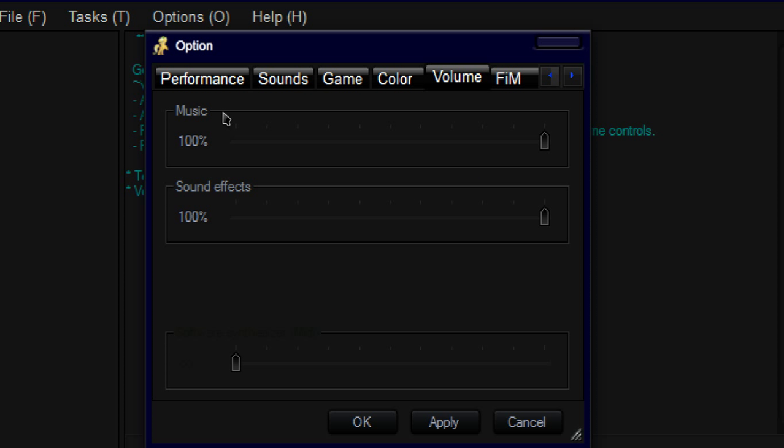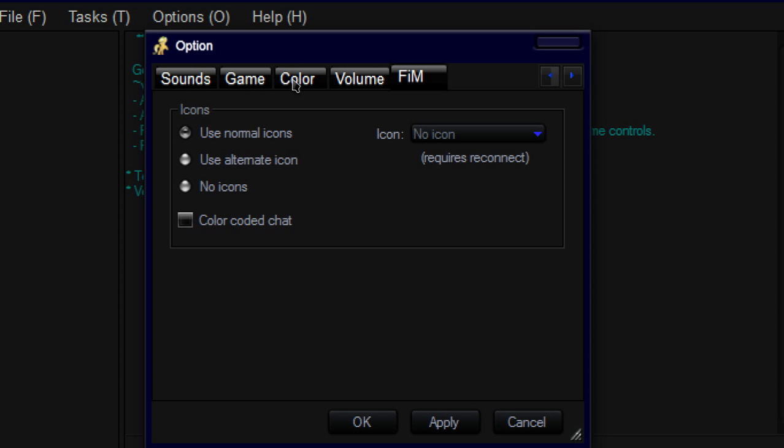Volume. Well, this is a big one. Yeah, you can change the volume of the stuff in the game. How freaking amazing is that? Am I right? It's kind of obvious, and it's one of those, well, duh menus. So, obvious. Now, icons. This one is kind of interesting. I'm not sure what the other options do, and it might just need debugging, but I'm not sure.